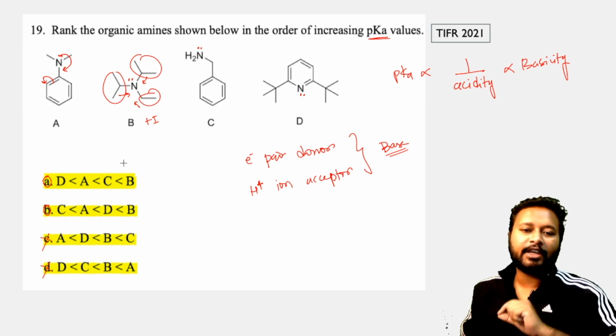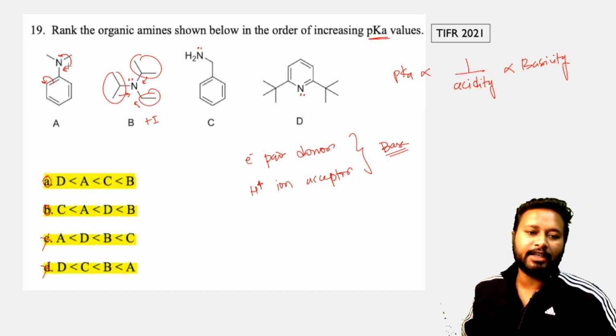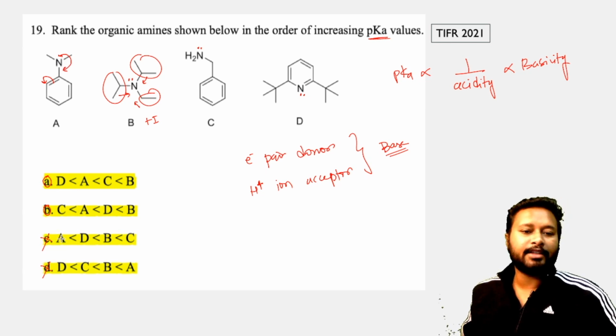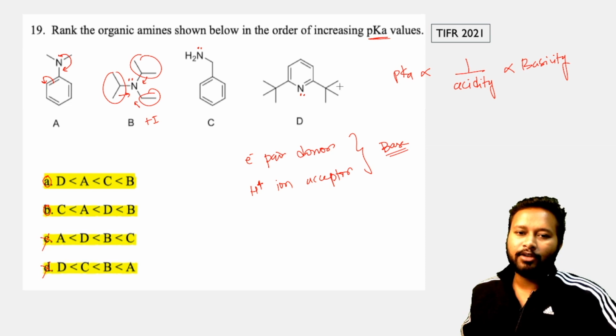Now the mistake which people made was thinking that A is having resonance with this benzene ring, so it should be least, right? And that made many people decide for option number C, but that is not the correct one, as I simply cancelled this out. See how it is being done. Here molecule D is least basic. Why is it? Because as I said, an H plus ion acceptor is also a base. Now for that it has to form a bond with H and then gain a positive charge.